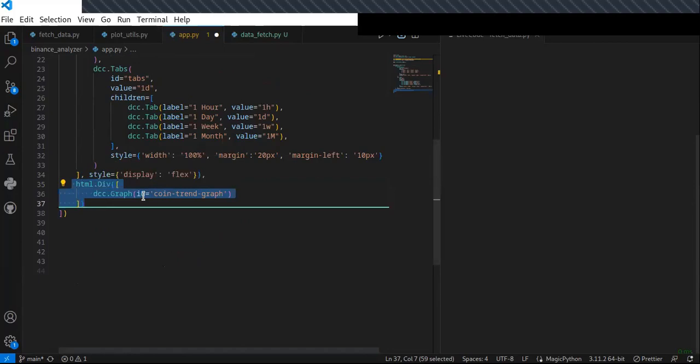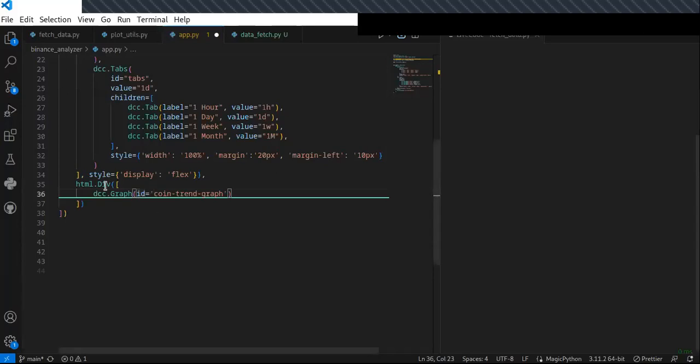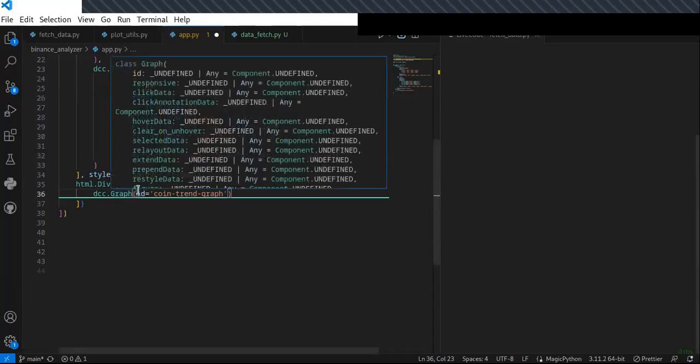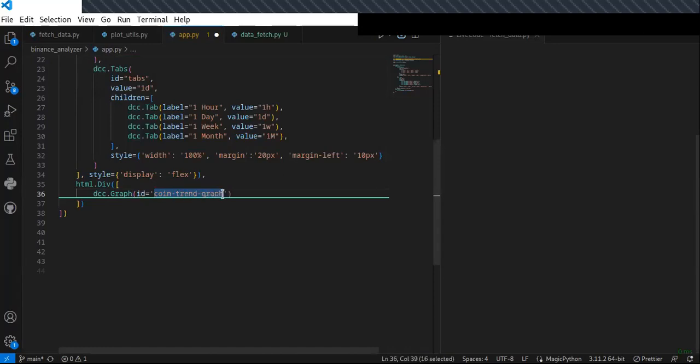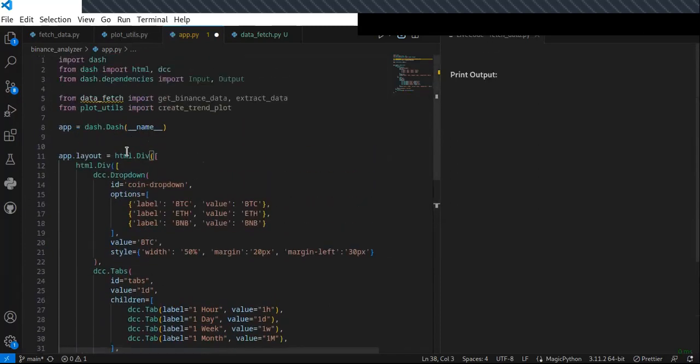You can section that displays the coin trend graphs. As you can see, this is the coin trend graphs. This coin trend graphs comes from the Plotly, which is visualized using Plotly, and it's gonna be displayed on the dashboard. Okay. So you can use dcc.graph, and you can call ID, and by ID we will call the function plot.utils that create trend as of the cryptocurrency. Okay, now I have finished designing the layouts of this, and